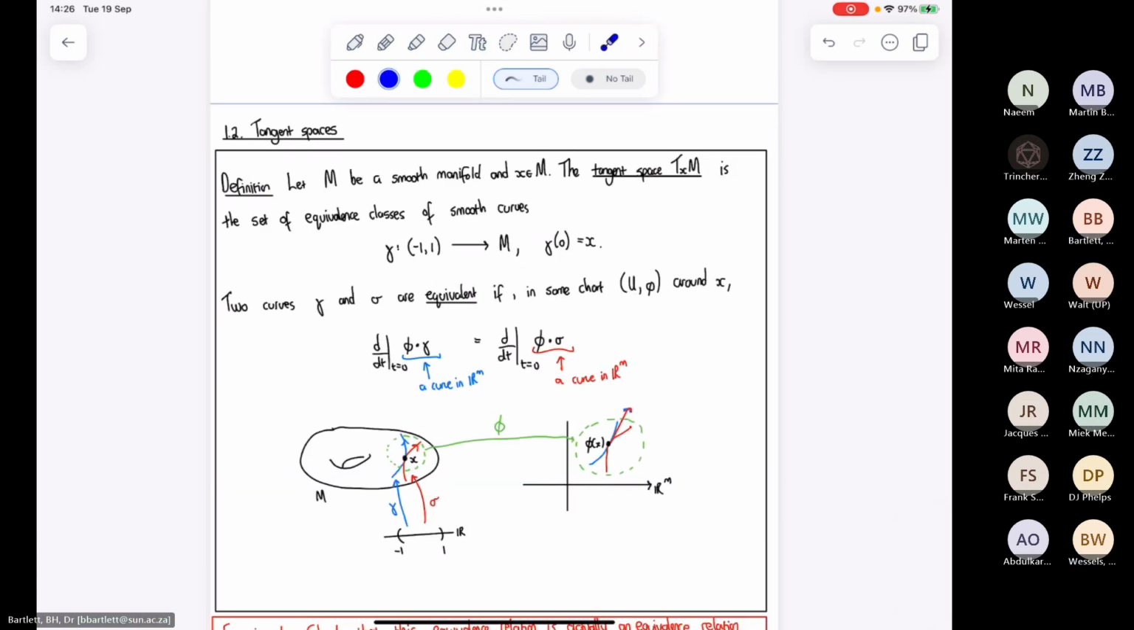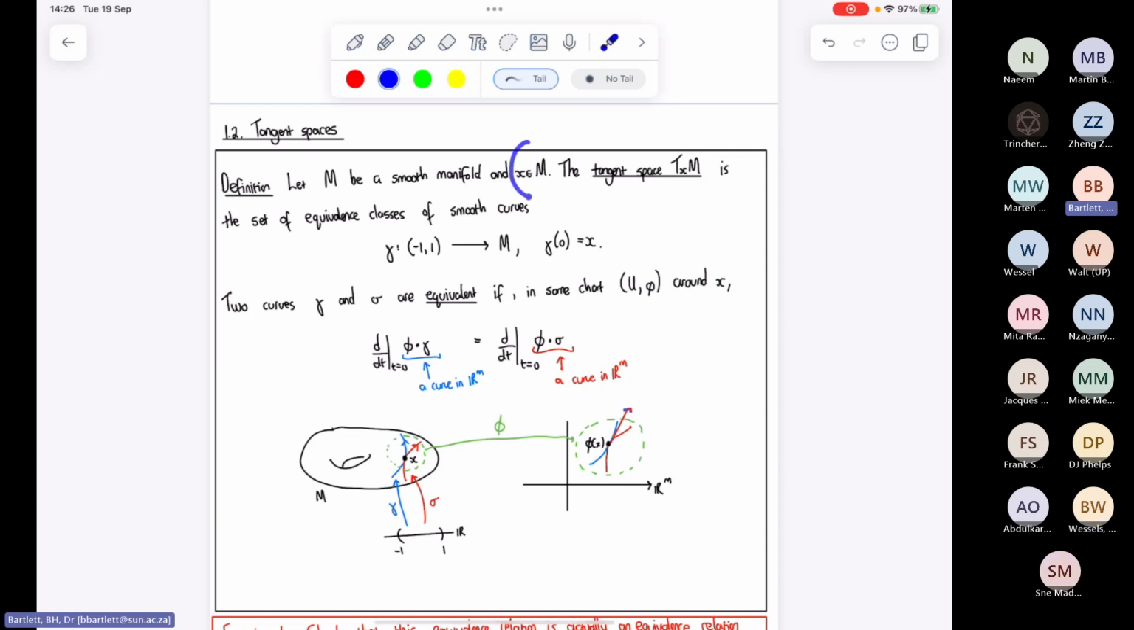Okay. The next section, we're talking about tangent spaces. So, suppose I've got a smooth manifold and a point in that manifold, x. I'm going to define for you a certain vector space called the tangent space of the manifold at x. How is it defined? I'll first define it as a set, and then I'll give you a vector space